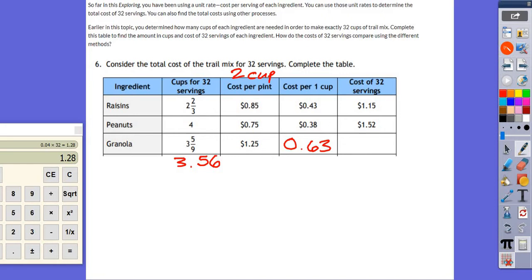So 3.56 times 63 cents. How much is it going to cost me for granola? $2.24. Okay, now we need to